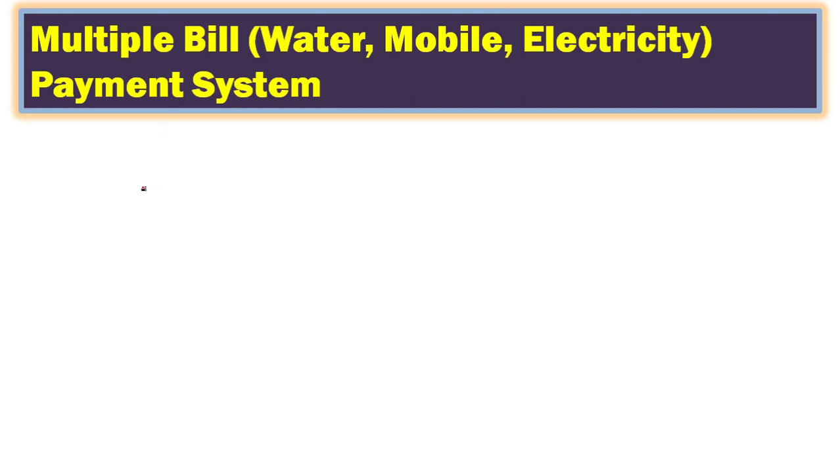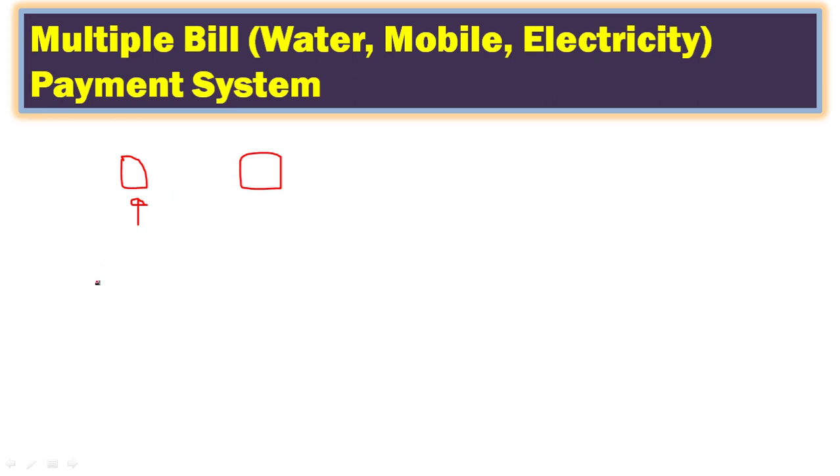So now we know like every month we're supposed to pay the bill. For that earlier we used to go to the bill counter and then there we need to make the bill payment. So there are separate counters for water, mobile bill, electricity and all. So one has to go around all the places to make the bill payment. And each station and each place there are a lot of queue. It takes very long time to pay the bill.